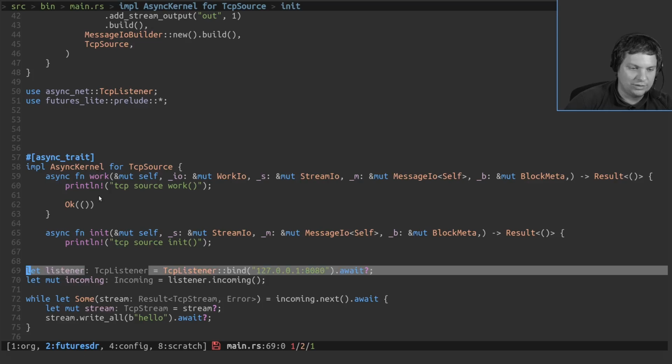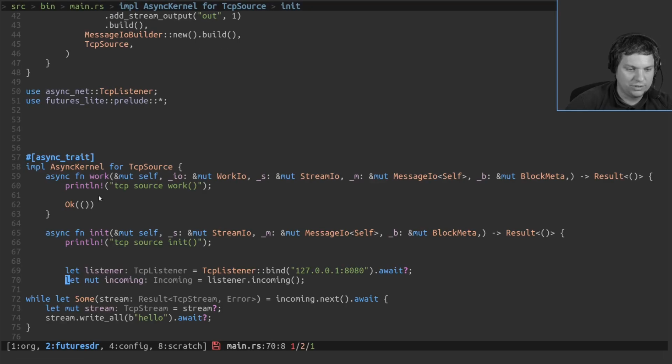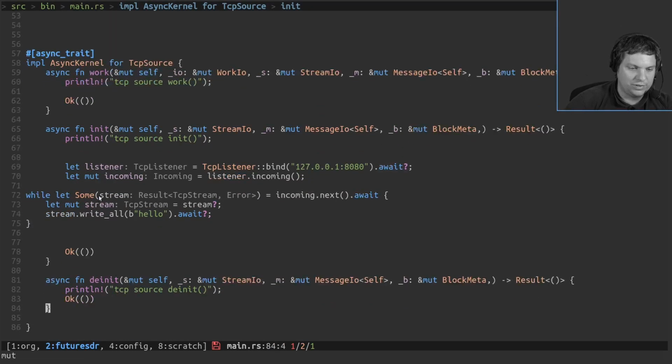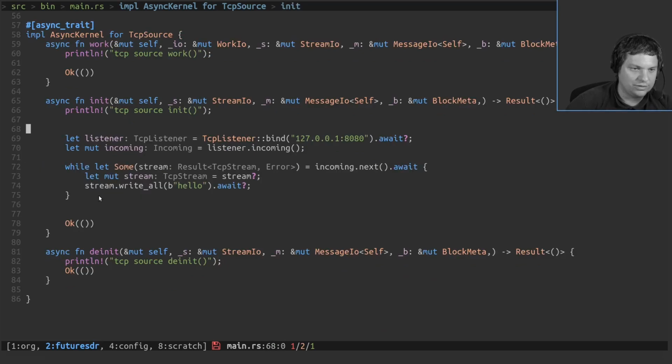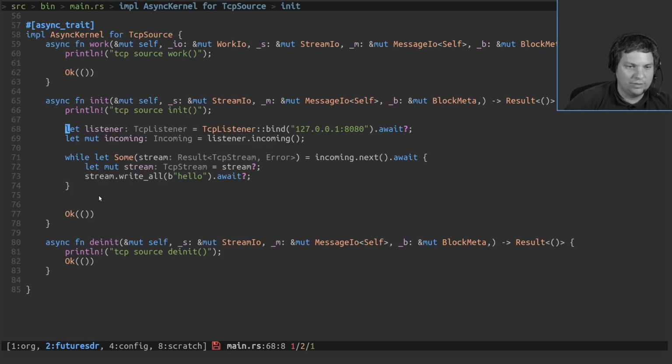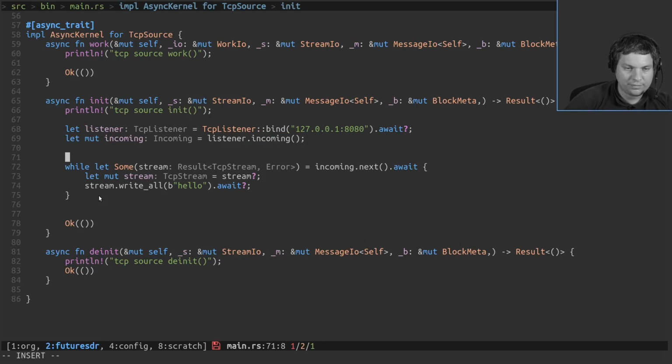But let's just do it here like this to keep things simple and to have a concise example. So we have a listener. It goes to port 88. You have to remember this. Incoming is then the stream of events where I can read next and await it.